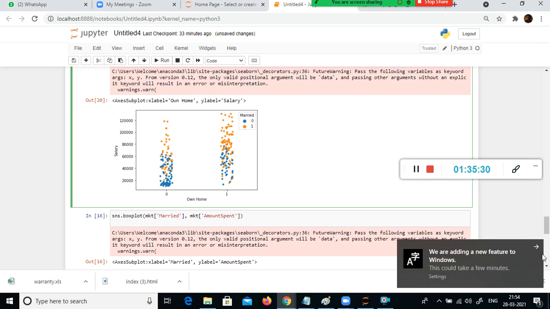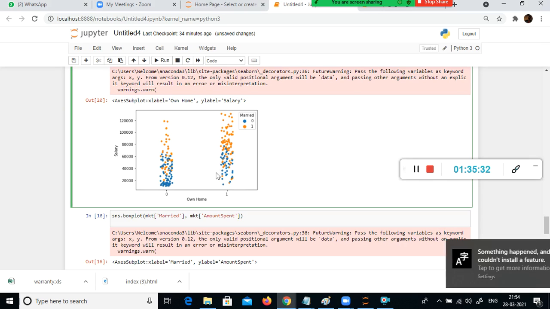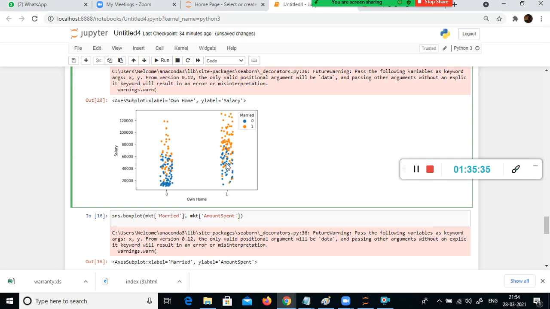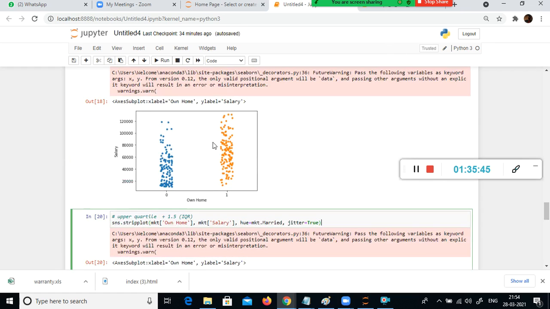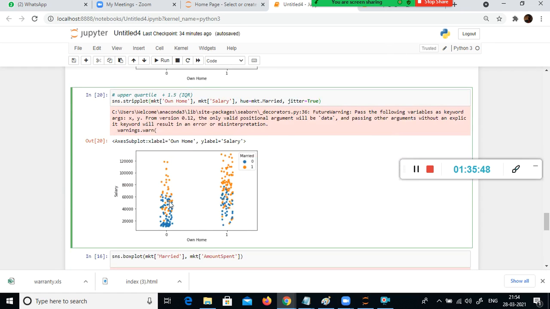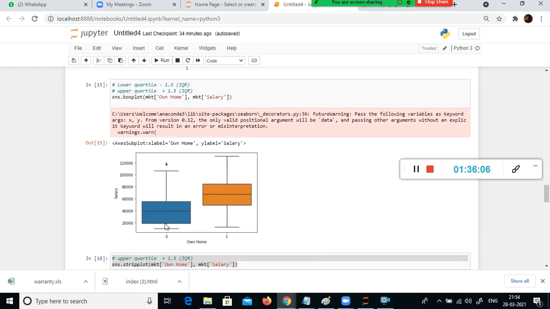What is that? They are higher. I mean, they have high salaries. Sorry, yeah, salary, not spend. Yeah, the salary is more, right? The majority of the people are falling here. Unmarried and married are falling here. It makes this very clear. And here, if you see, the majority of their salaries are clustered here only. Most of the salaries for the rental household, those living in rental houses, the majority of the salaries are clustered here. So it gives me much better insight than this one, right?